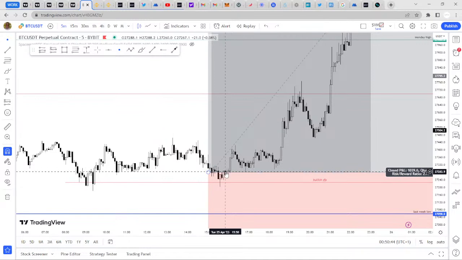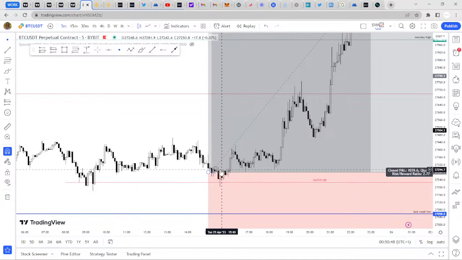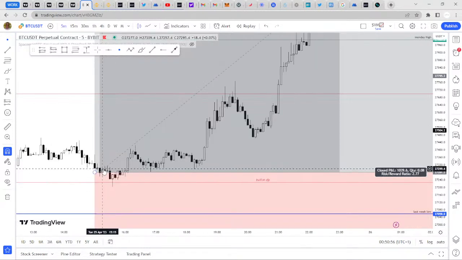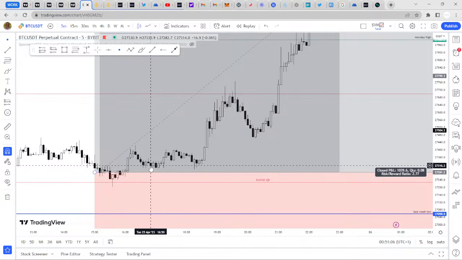I'll wait for a shift in market structure. It already shifted here because this whole move broke this structure. This was the structure, so this whole move broke out of the structure we have there, right? You can see we had this green candle that went down, so we had a push out of all of this consolidation. So I'll be looking to bid or to long any retest of it. So we had this retest. If I had gone long here,